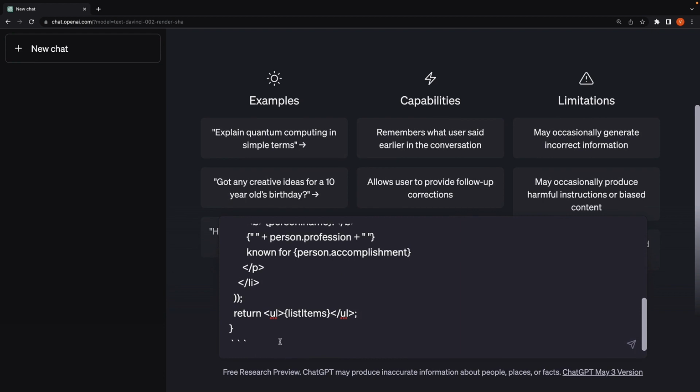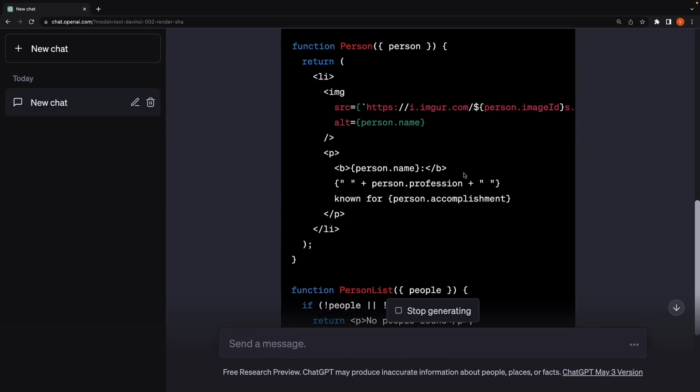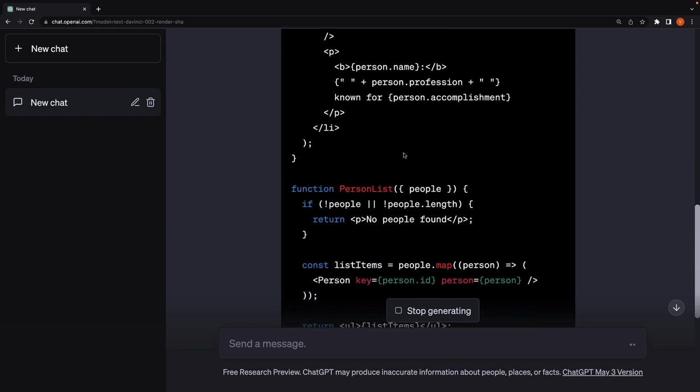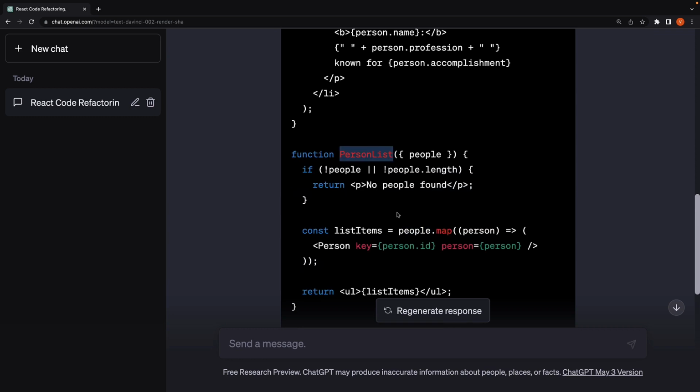When I press enter, you can see the list item has been refactored into a separate person component. There is also very basic error handling in place. The person list component has been updated to make use of the person component. The all-important key prop has also been added by ChatGPT, something that could potentially cause issues if you're manipulating the